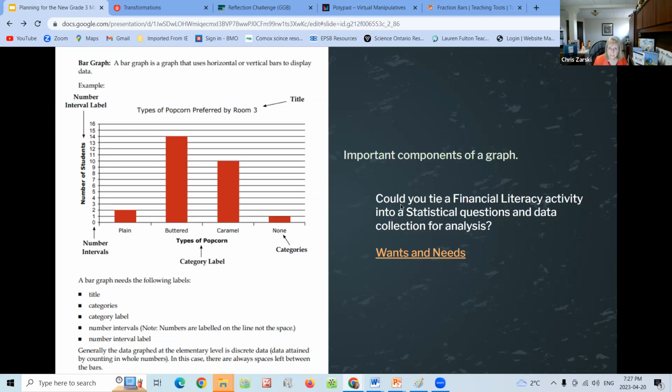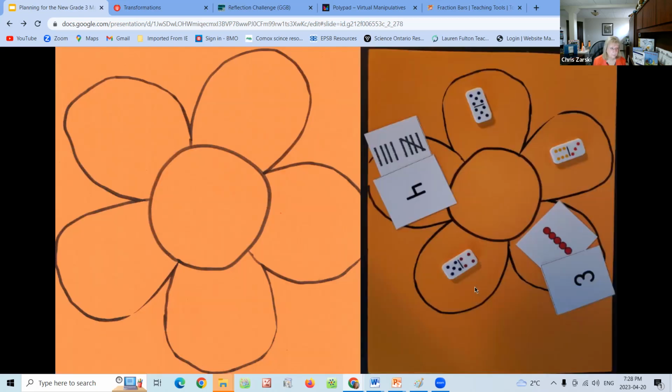If you need an idea or you want something that's a little bit different, or you haven't done anything for financial literacy yet, you could do a stats project and tie in financial literacy by looking at this section here called wants and needs. Read it through and see if there's a way that you can leverage the information and the kinds of questions that they look at. Is there a way that you can turn that into a stats question, which then also does your numeracy and your financial literacy component as well? Just a thought. I'm not saying that that's the way to go, just if you were looking for ideas.